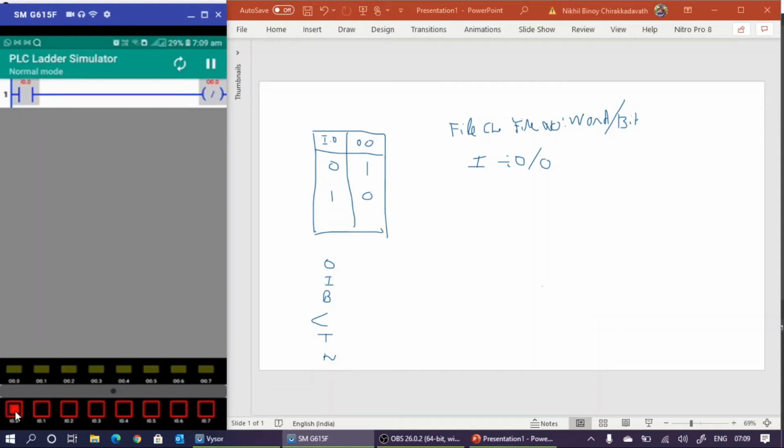So if input is 0, this is 0. If input is 1, this is 1. Now what happens? If input is 1, the output logic is also 1. But as it is a normally closed contact or negated contact, if this is 1, the corresponding output device will be 0. So that is the concept of this thing.